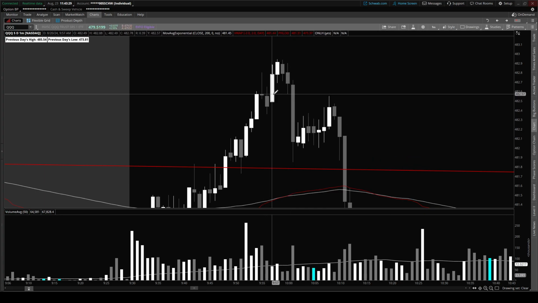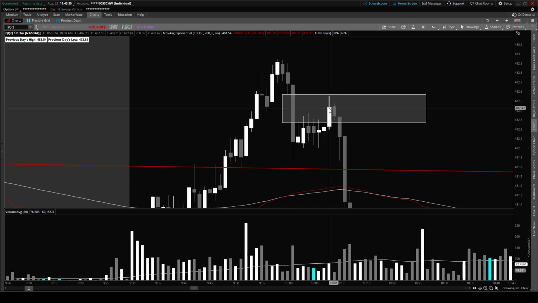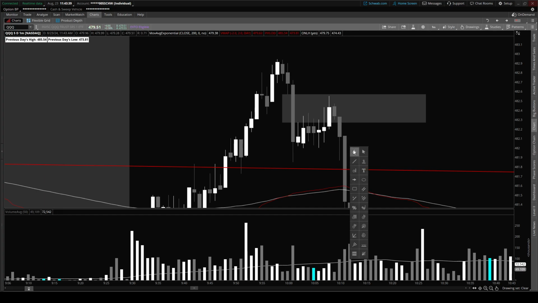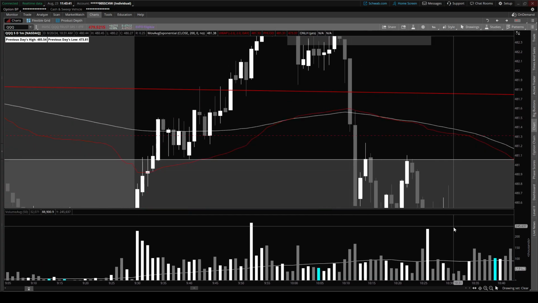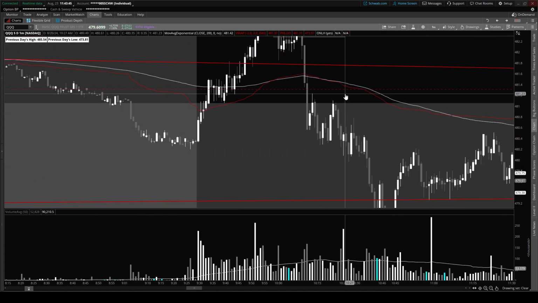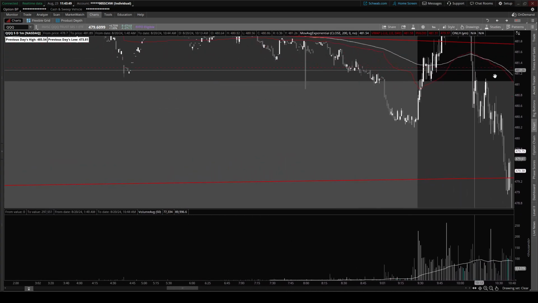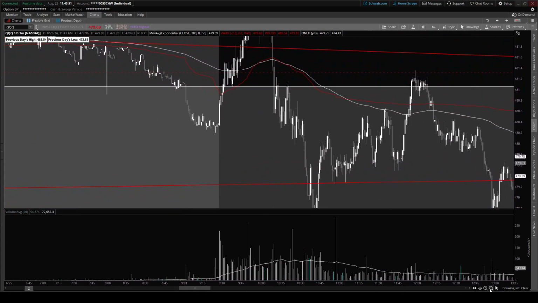So, silver bullet, first 10 a.m. imbalance gets formed, we would like to see a tap into that price, and then we would like to see a continuation towards our next level of liquidity, which I believe was going to be actually on the 15-minute time frame. So with that 15-minute structure,